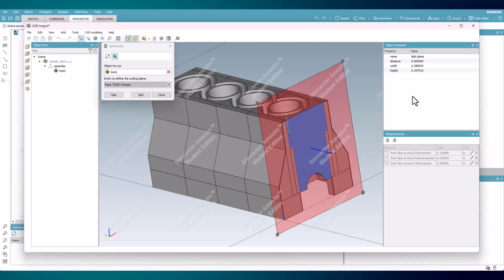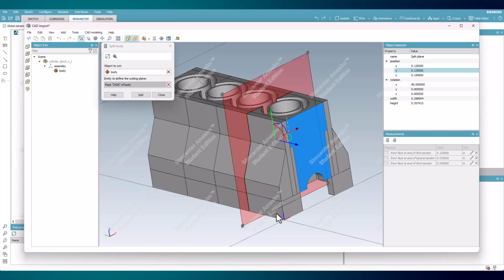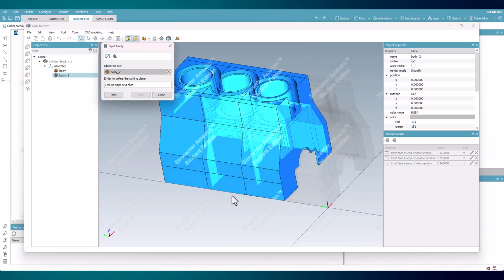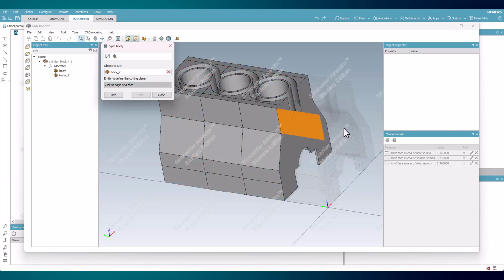Once the plane is large enough, let's unselect the second option above, which restrains the plane to the face, making it possible to move it within the model. Options for the X, Y, and Z position are available, and the measurement value for distance to the end of section 1 needs to be entered into the Y position. Once done, press Split. This process can then be repeated for the other 2 measurements, creating 4 discretized sections.